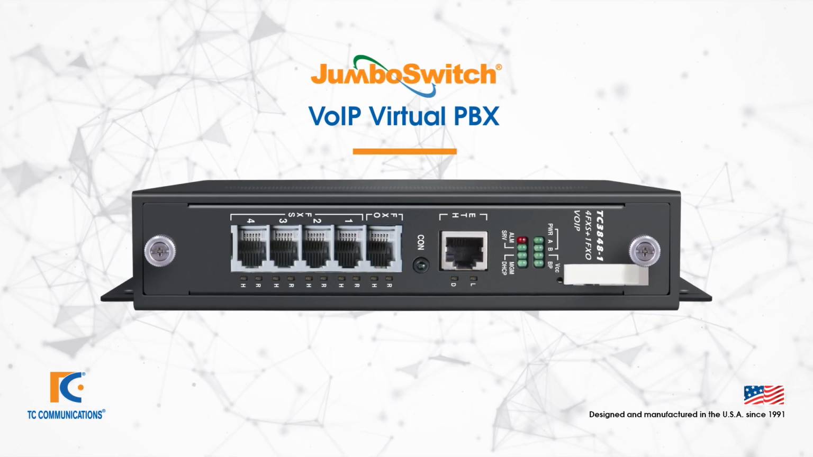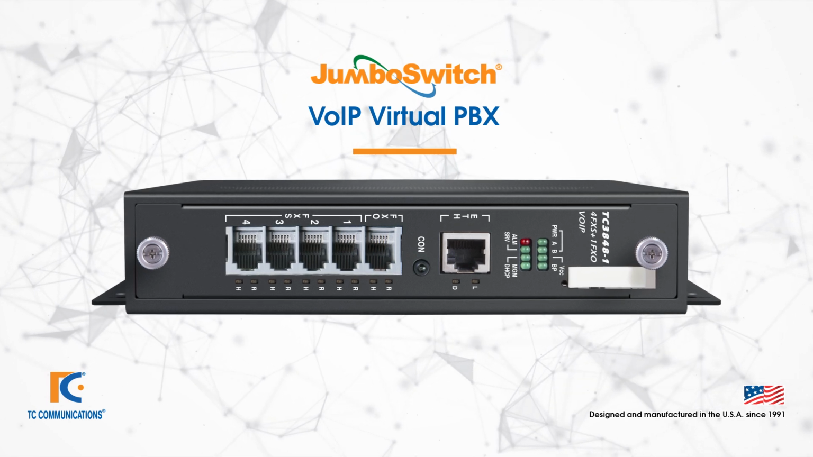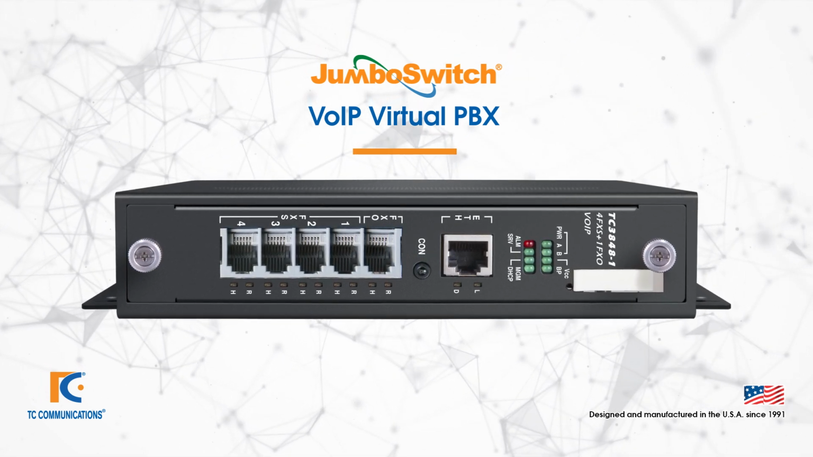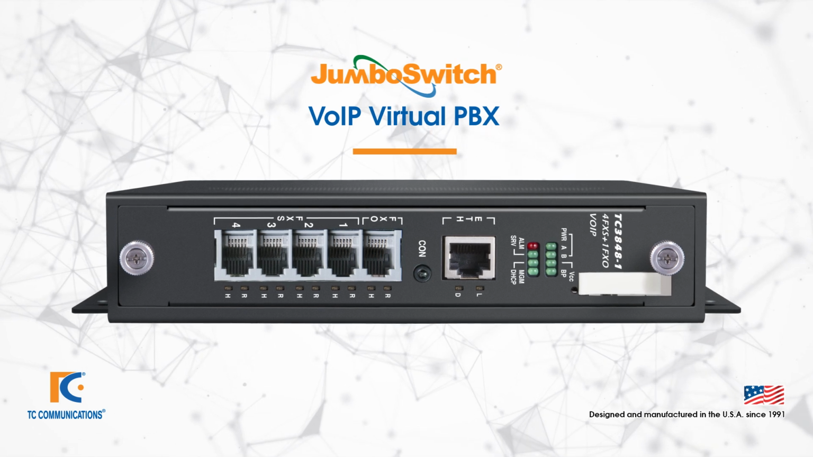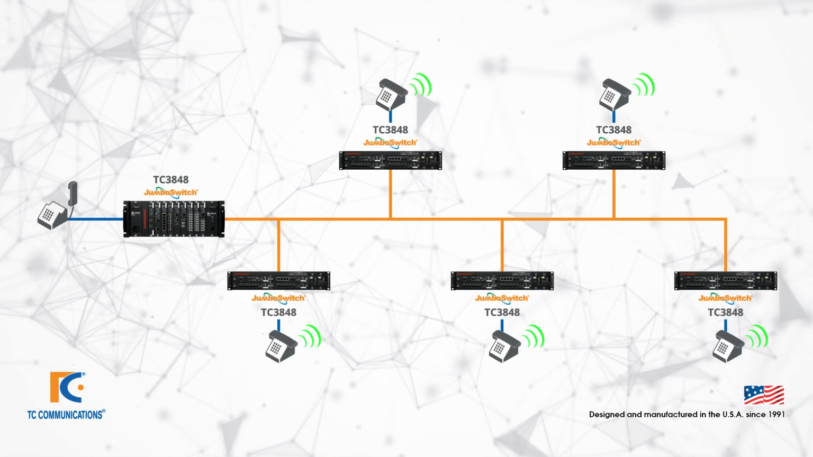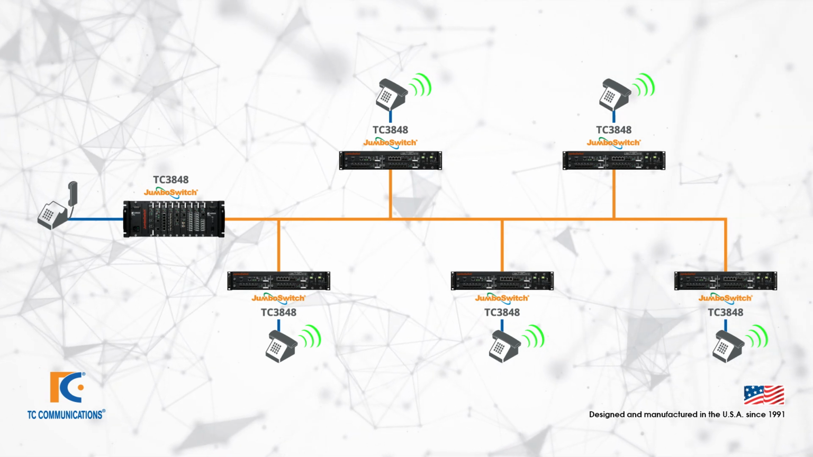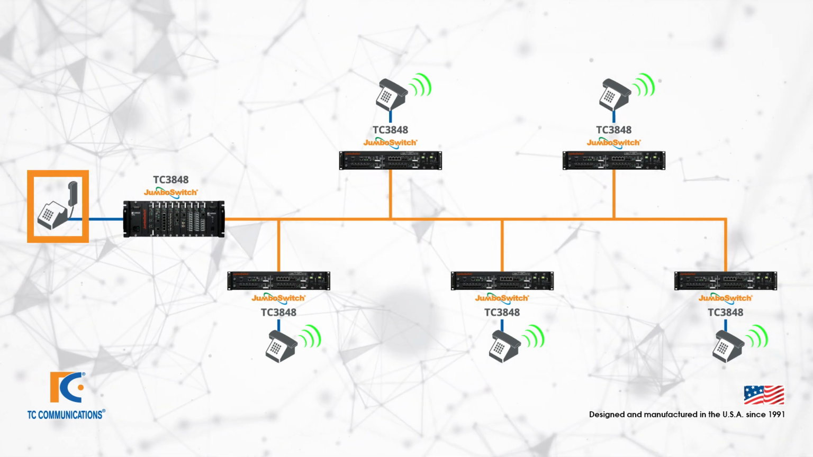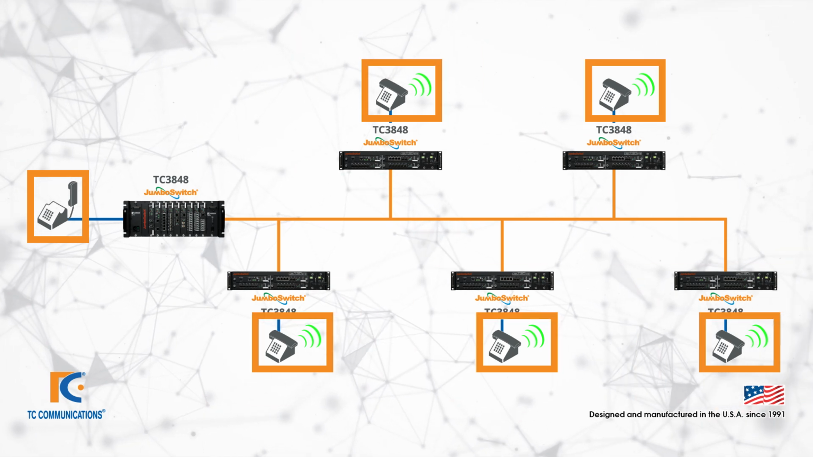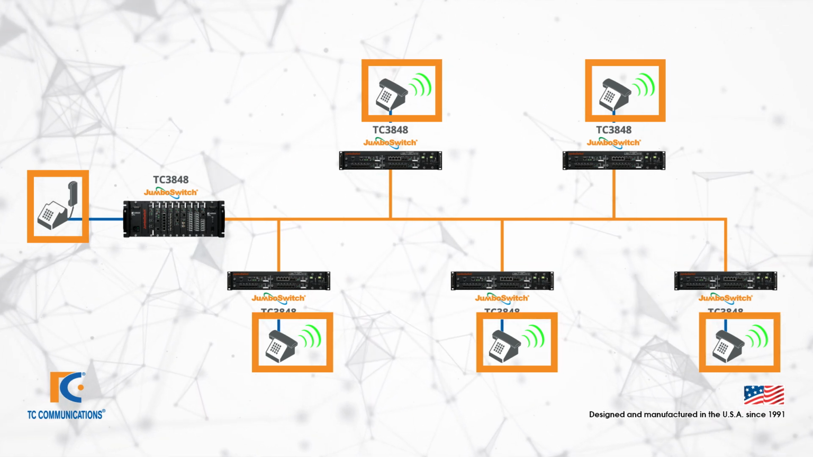Let's talk about another Ethernet crash phone application, this time with our jumbo switch TC3848. This jumbo switch interface card can be connected to multiple phones at multiple locations over Ethernet. Simply pick up the handset at one location and all locations will ring simultaneously until one of the other locations